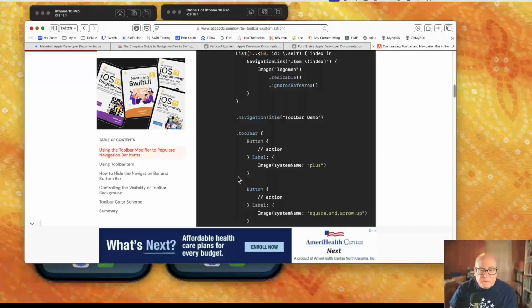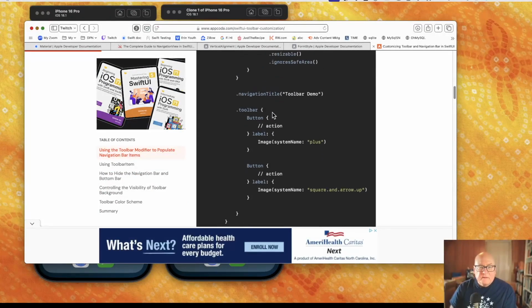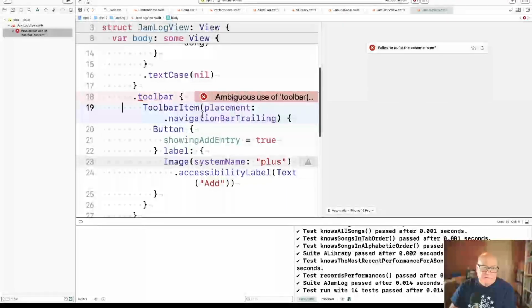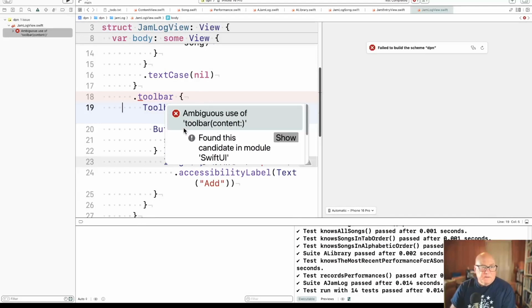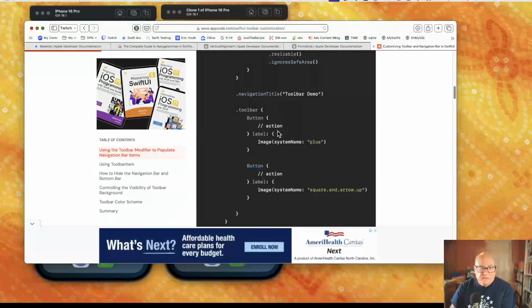Dot toolbar with stuff. With placement, okay. Ambiguous use. Oh, he doesn't do toolbar item, he just does